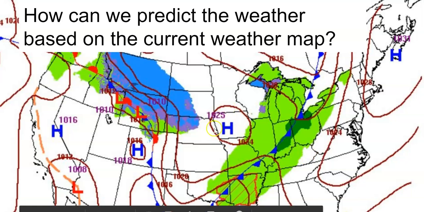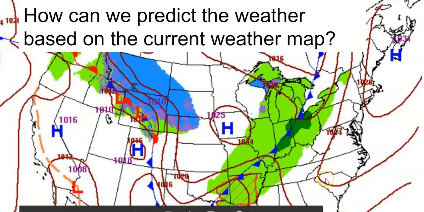So if we look at this area with a high pressure system, that area would be having sunny weather, as would these other high pressures. But here we have a cold front. And this is also a radar image, so you can see all this green, that would be rain. Well, notice which way it's moving. It's moving